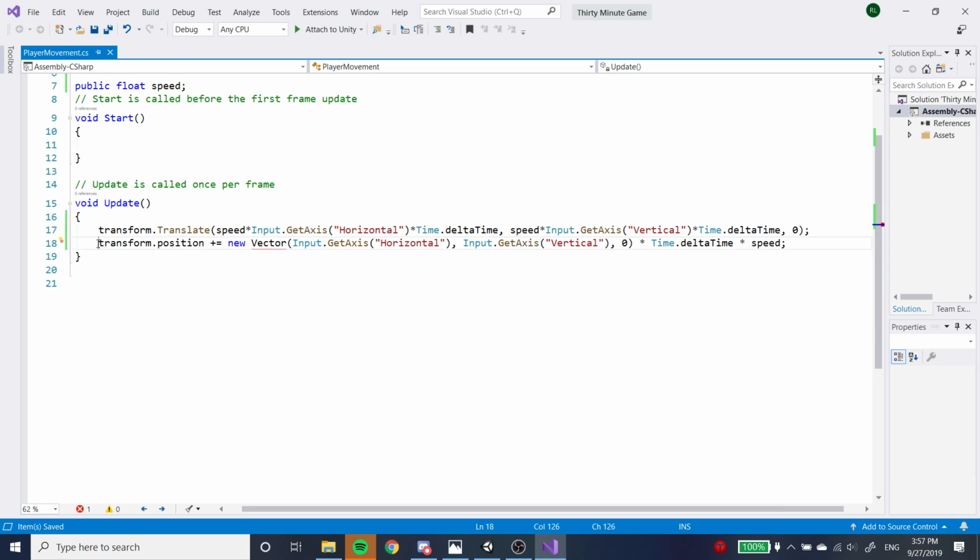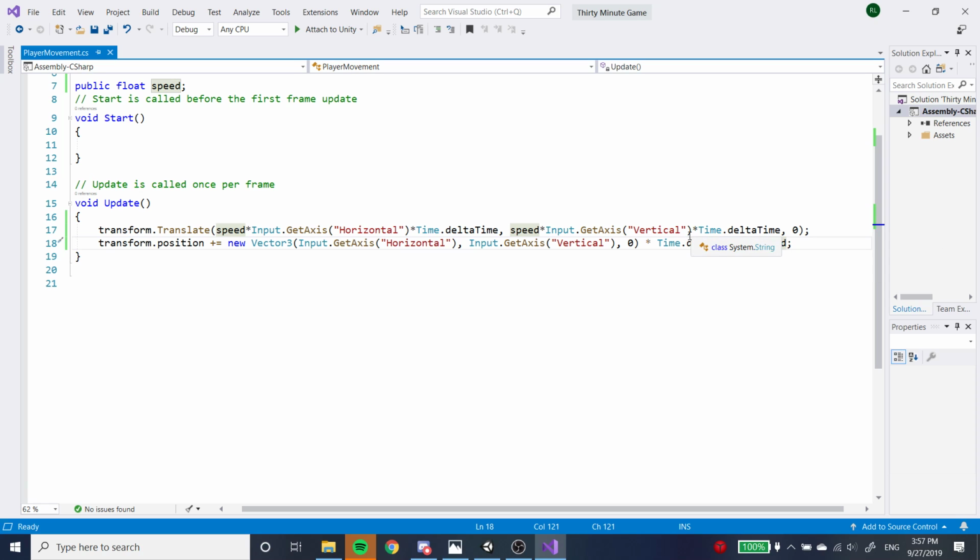It's kind of hard to see, but I had to increase the screen size just to show you this. Basically, you take the transform and you add a new vector to it. Actually, this is Vector3 because there's only a Vector3 class and Vector2 class. What this does is it creates a vector. What you learned was like a matrix, and that can represent a position or movement. In this case, it'll represent movement because we're adding it to a position. And then we're multiplying all of the units by time.deltaTime, and all of the values by speed so